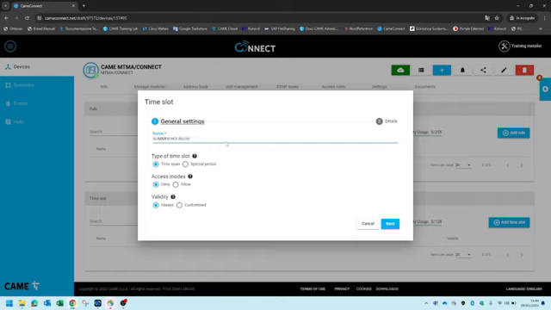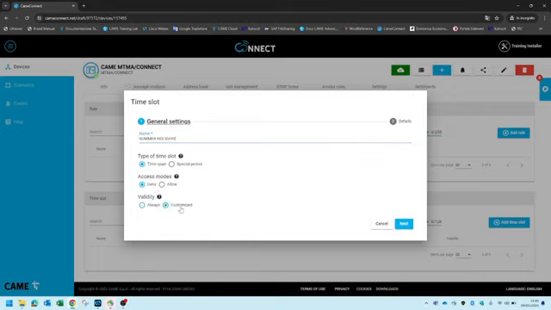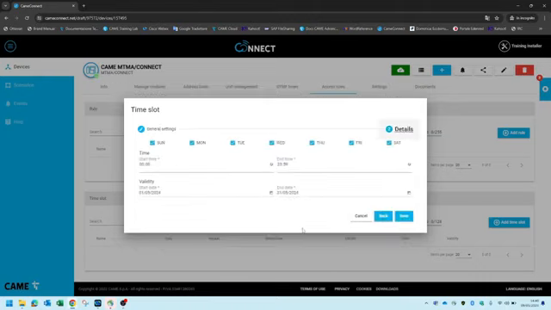As type of time slot, we set the time slot. As the access mode, we will deny the call to the selected contacts, and the validity we set as custom. You will also notice that there are some pop-ups for the various sections listed here. Click the next button to go and select the days of interest,